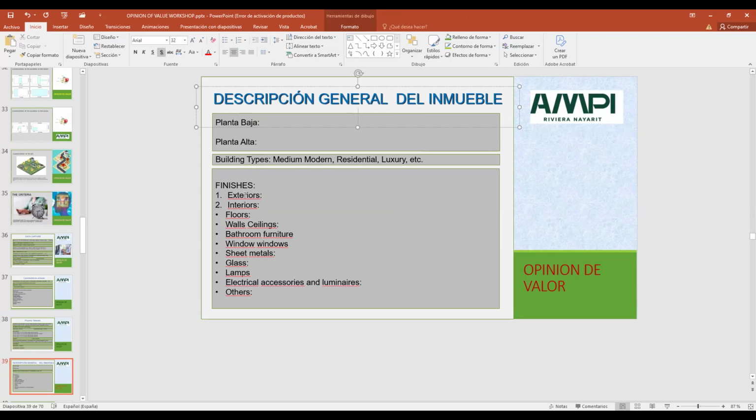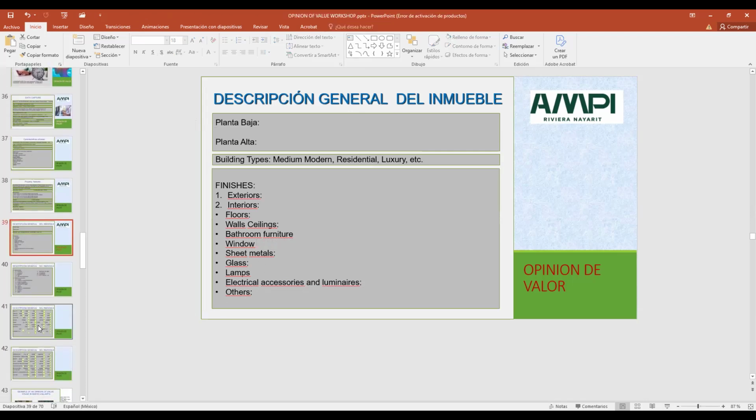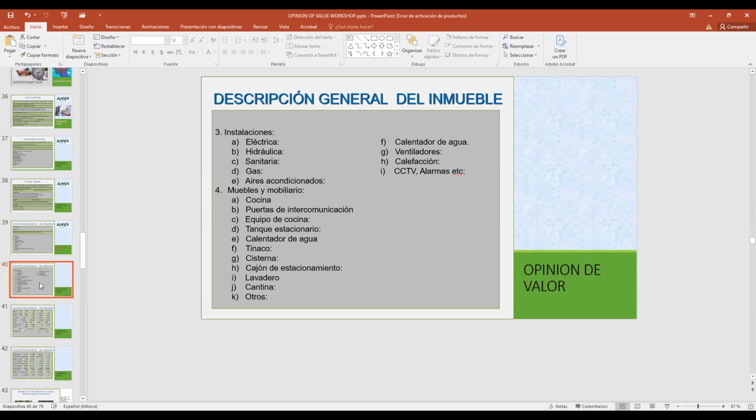The finishes, exteriors, interiors, what kind of floors, the wall ceilings, the bathroom furniture, the windows, sheet metals, glass, the lamps, etc. All the information that you're gonna write down from the property.